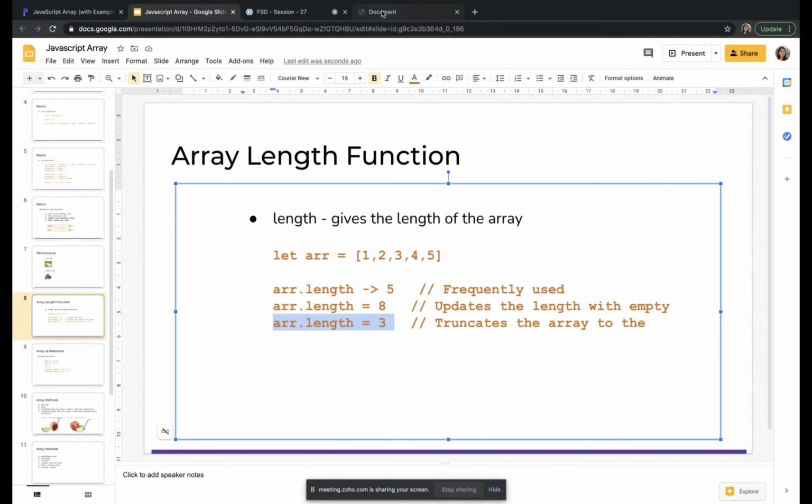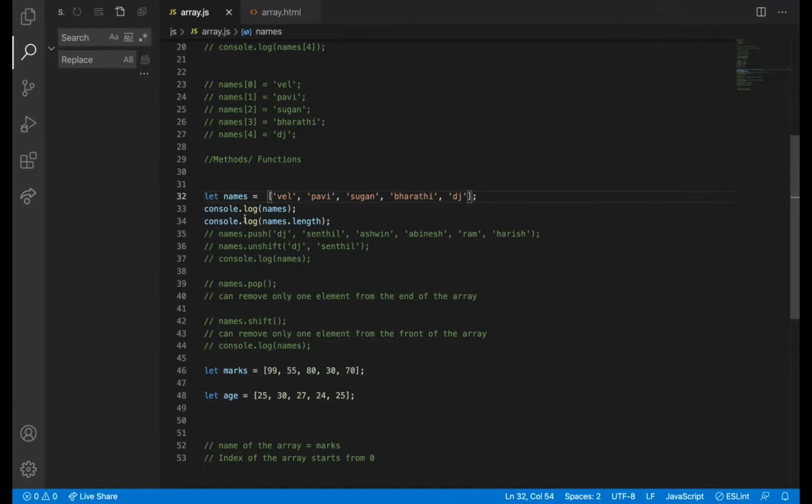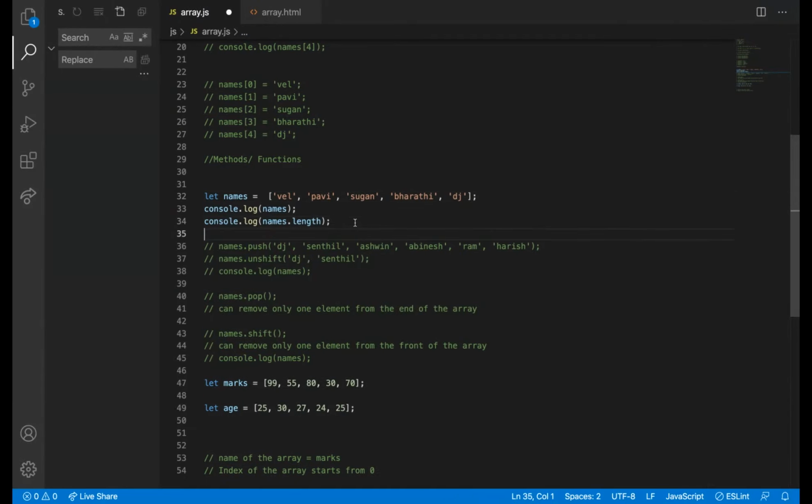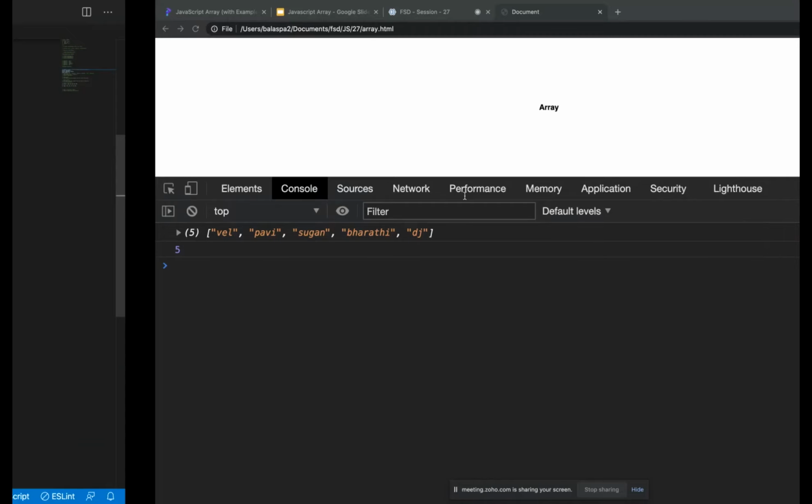Array dot length equal to 3. So what I'm going to put is names dot length, I am assigning the value 3. So 1, 2, 3. These two things, Bharti and DJ, will get cut.